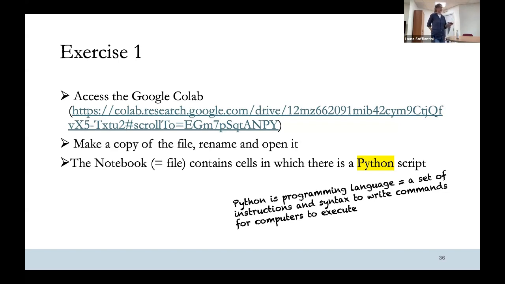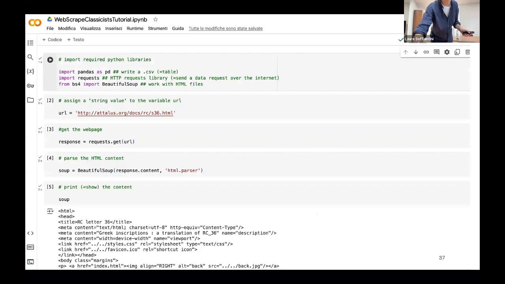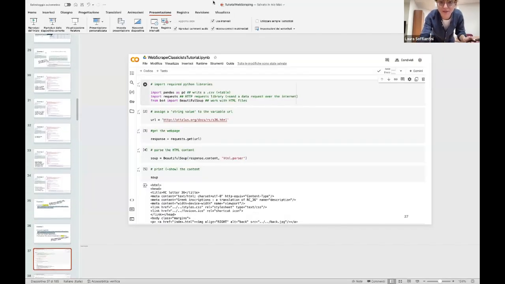So the notebook, which is the file which was open, contains cells in which there is the Python script. So it is structured in cells, in slices, let's say, with the Python script. And very briefly, Python is a programming language. It gives a set of instructions and syntax to write commands for computers to execute. Okay, so do not look at the screen now because there are the solutions. What we're going to do is to look together at the